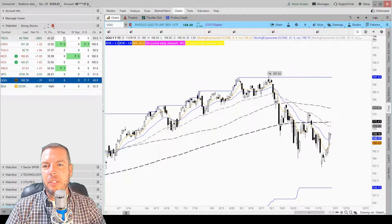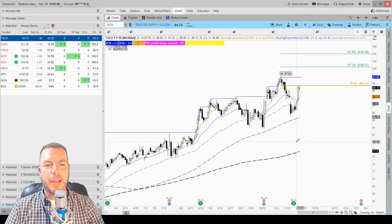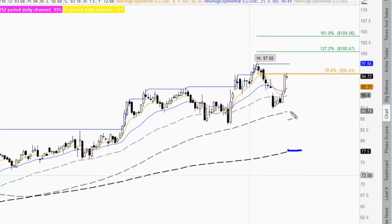Let's come back over here to Tractor Supply Company. Little different look here on the moving averages. You can see that the moving averages on Tractor Supply are definitely stacked above each other. So we have our 200 period moving average way down here, our 100, our 50, and then these two here, the blue one is the 21, and the yellow one there is the 8 period. So definitely all stacked above each other. Made new all-time highs, 52-week highs back here just a few days ago,